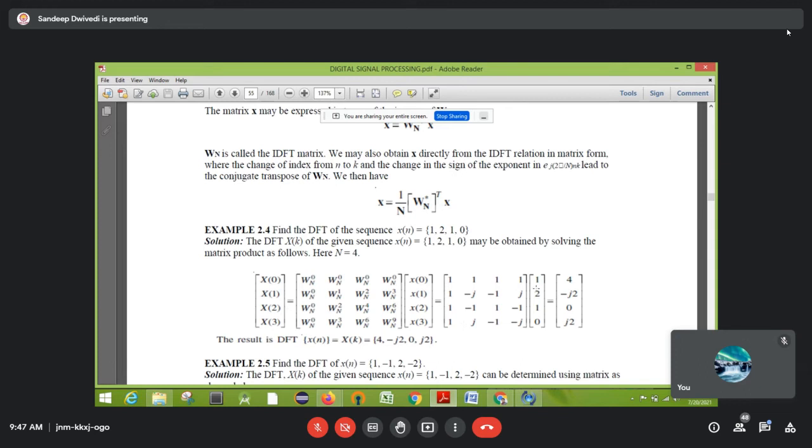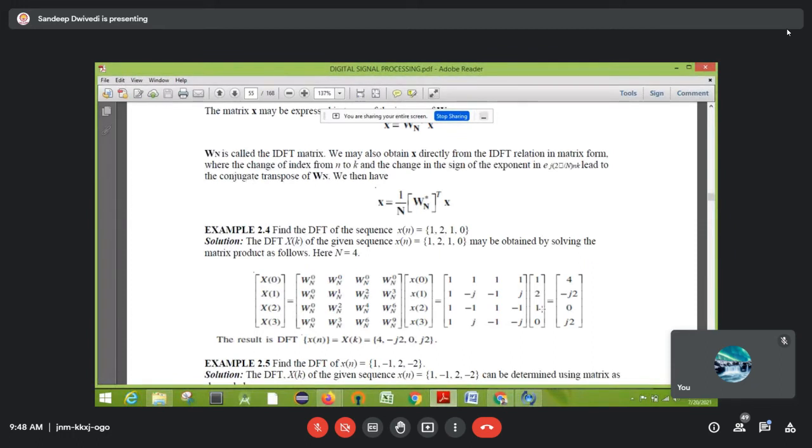Okay, so this matrix you can remember. After that, this input sequence you need to write over here. Just by doing the matrix multiplication, you will get the output, this DFT. Matrix multiplication, you know, you need to take this row on this column. So for the first element, this will be 1 into 1, then 1 into 2, plus 1, and plus 0. So this will be 1 plus 2 plus 1, so 3 plus 1, that means 4.